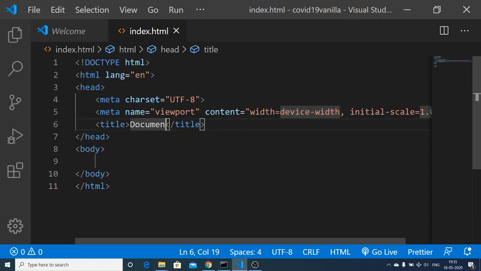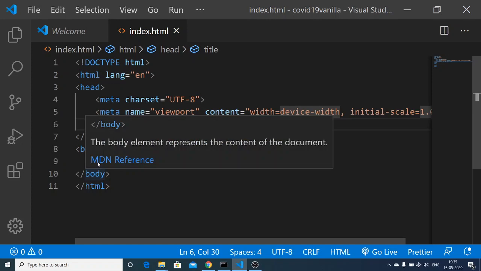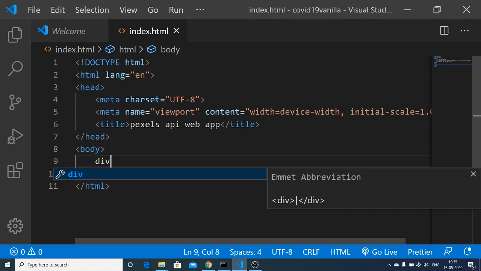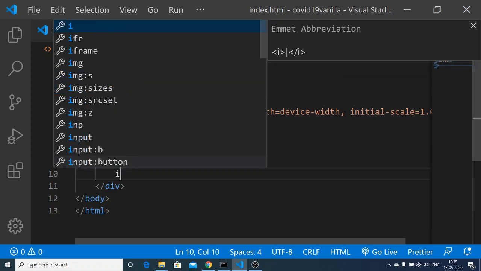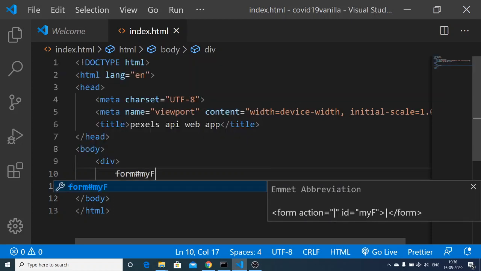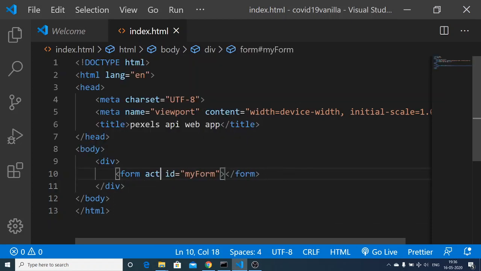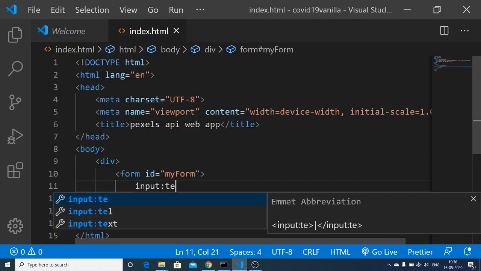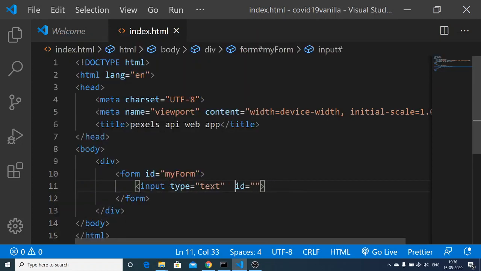Here you can just change the title to Pexels API web app, and inside this we will have a div, and inside this a form tag, and we will give an ID to it of my form. And inside this we will have a simple input field of type text, with an ID of search, and it will be required.